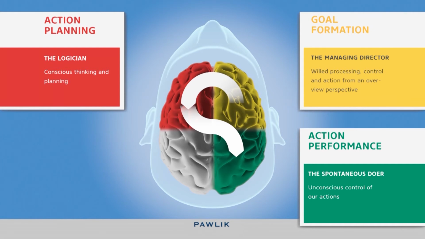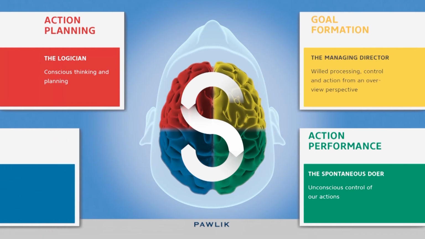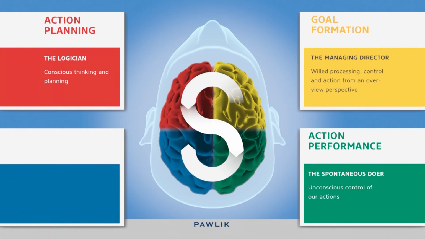Fourth, the results monitoring system, aka the controller. After we have performed an activity, a fourth brain system is activated, the controller, which is primarily situated at the back of the left hemisphere of the brain. Via our senses, it perceives the result of our movements or actions. This perception is possible only because the controller is fully focused on details.